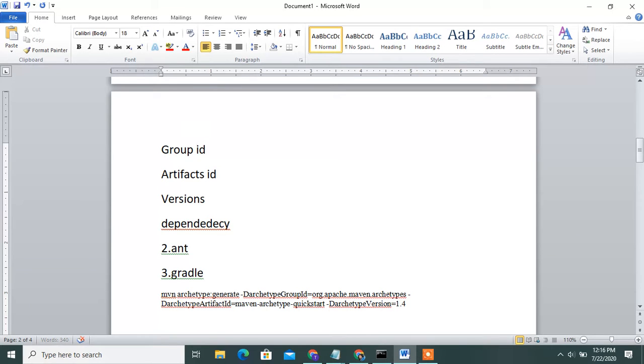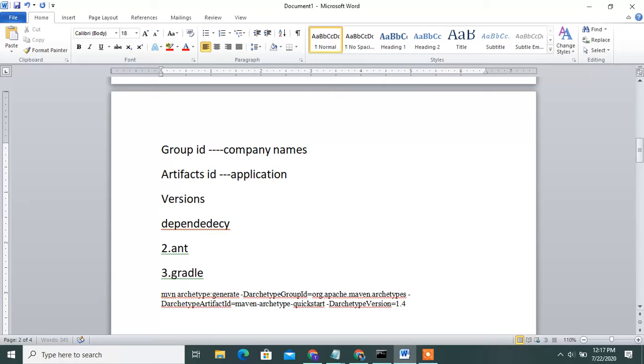Group id means the company name. Then artifact id means the name of the application you are running.